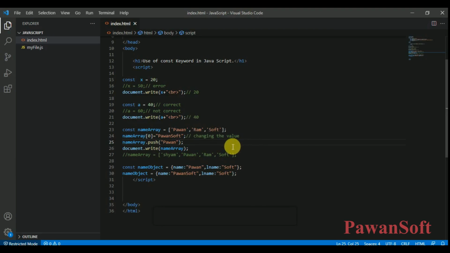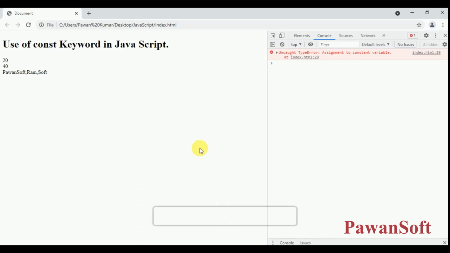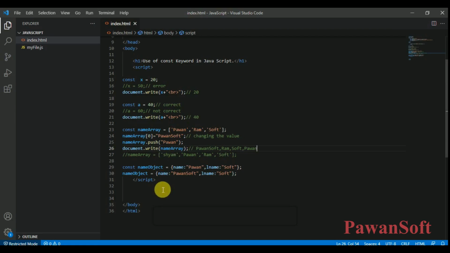So here now you will get the output: Pawan soft, Ram, soft, Pawan. And now 30. Okay, here you have already seen, right?